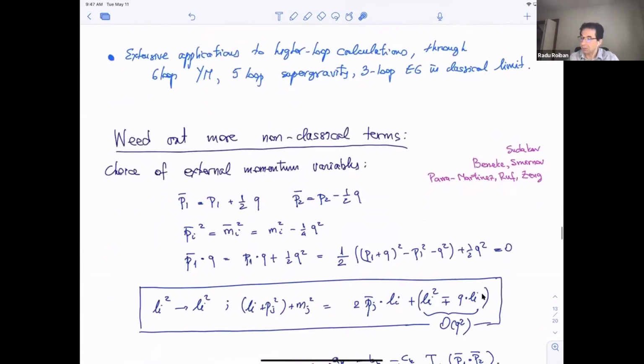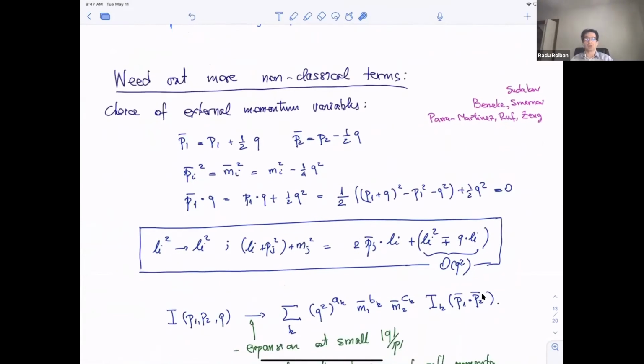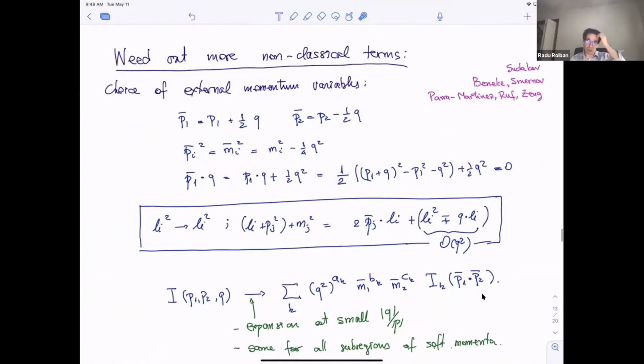This is, if you wish, pass number 1 to the construction of the integrand. And like I said, this can be done directly just on the cuts that contribute to the classical limit. Now it turns out that there are further non-classical terms that are still in there, because the cuts weed out lots of non-classical terms, but they don't weed out all of them. So to weed out the remaining ones, it's useful to pick a specific choice of momenta that